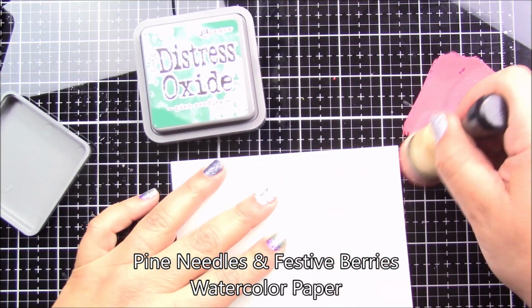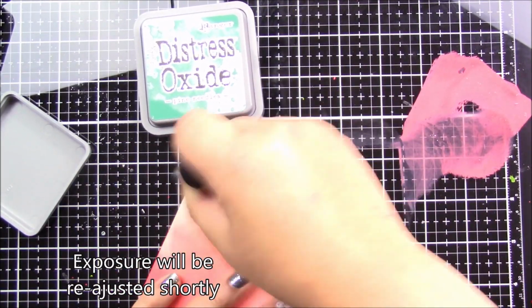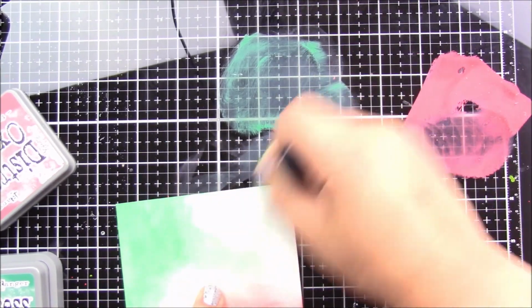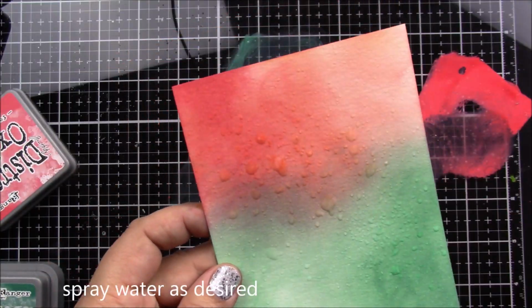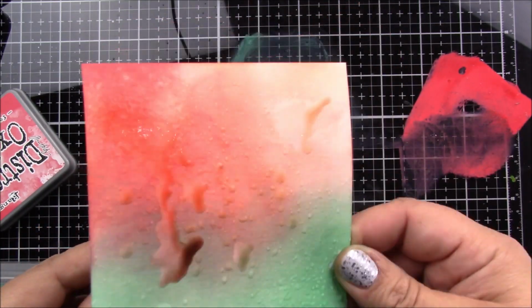Next, I am working on the backgrounds for my cards. I am using Distress Oxide Inks, and the colors are listed. And the exposure is a little bit bright in this little section of the video, but it will readjust momentarily. So after I'm done with inking the background, I spray some water, and this is to create patterns and